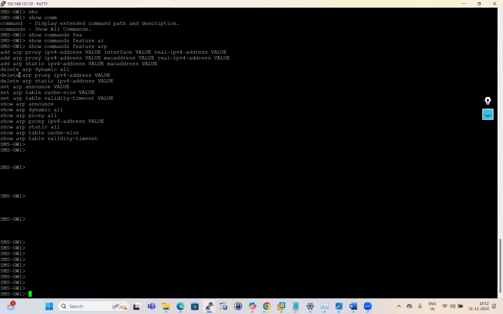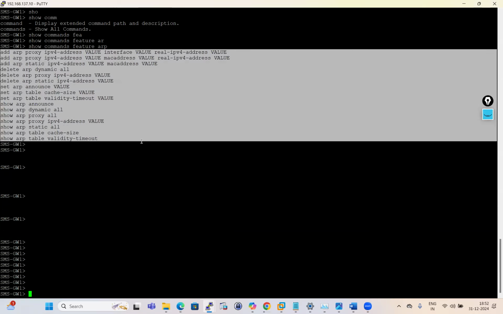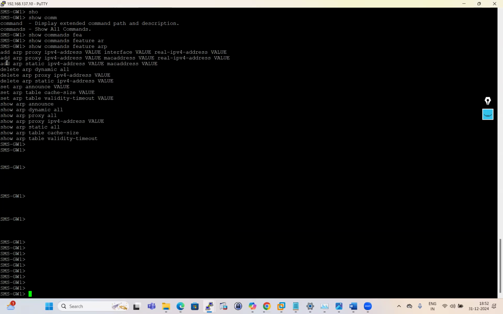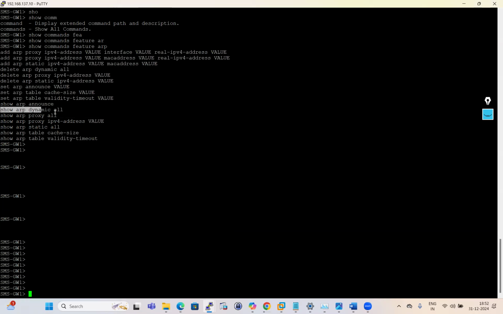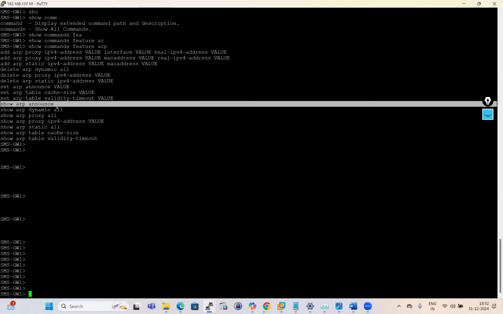See, so whatever command related to ARP, it is going to show. So we don't need to remember all the ARP commands. It is going to show all here, okay? Like show arp static, show arp table, show arp proxy, show arp dynamic, show arp